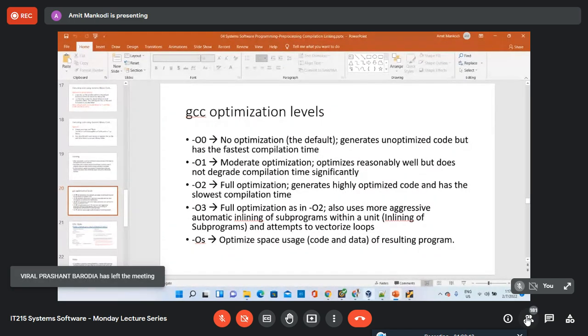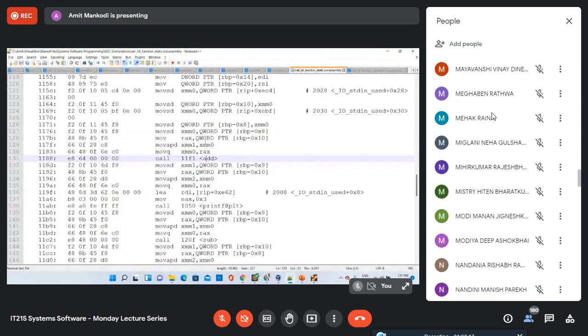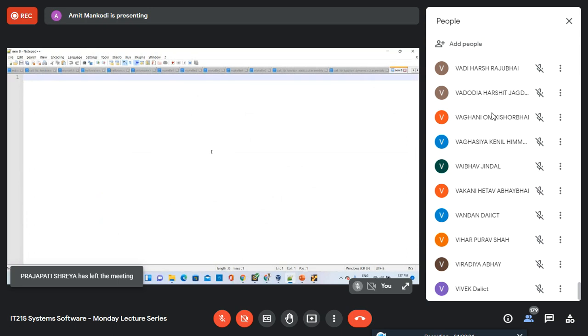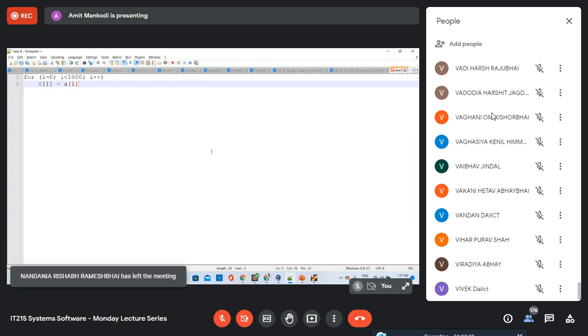Okay, probably not. So the idea behind the vector processor is that instead of handling one value at a time, it handles a bunch of values at a time. For example, if you have array addition code, where you are doing something like for i less than 1000, i plus plus, and then C of i equal to A of i plus B of i.